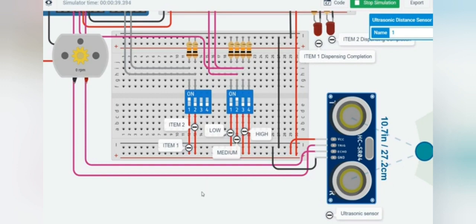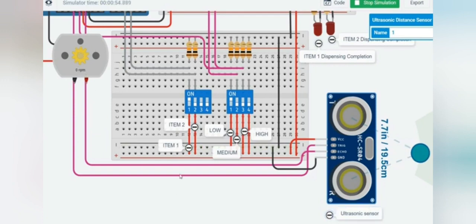Now another case, if the user wants item 1 with the low quantity, then he has chosen item 1 and the low quantity. Then he needs to hold his plate within the range of 10 cm. Once the user has held his plate, the DC motor rotates in the clockwise direction and stops for 5 seconds because it is a low quantity. Then the DC motor rotates in anti-clockwise direction and reaches its original position. Again the LED gets on, and the user needs to withdraw his plate. Now the user has withdrawn his plate, there is no obstacle detected by the ultrasonic sensor,